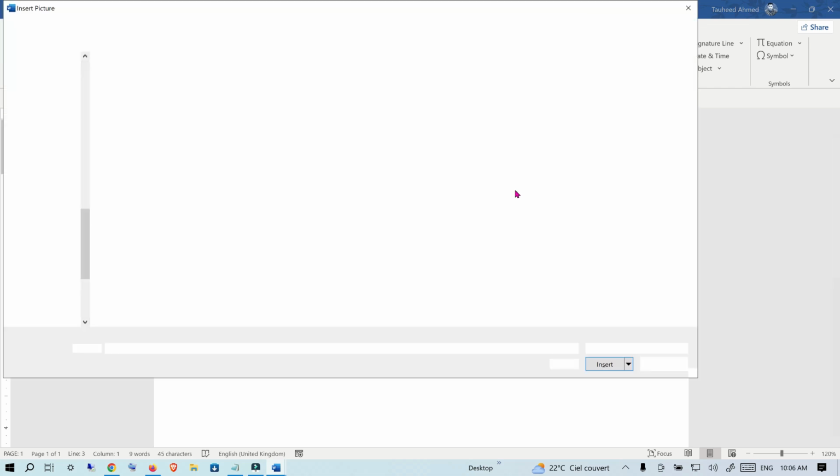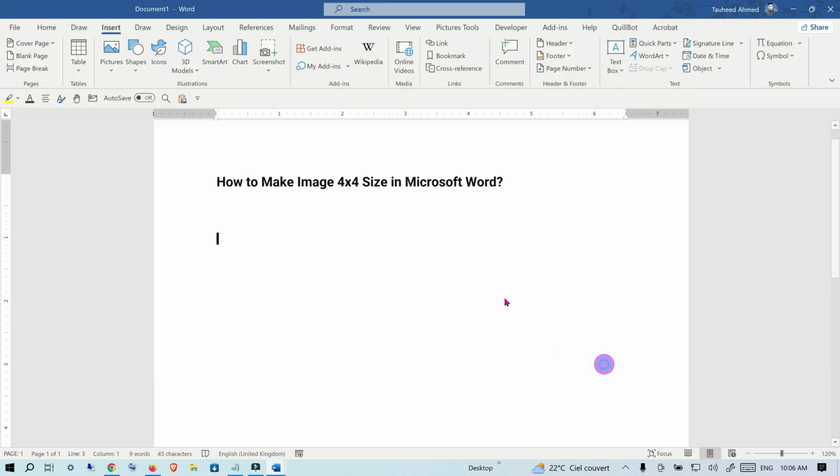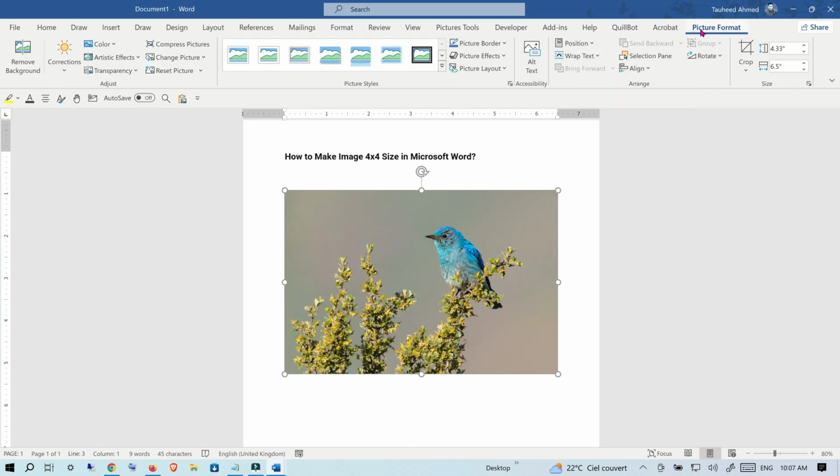Device to select the picture from your computer. I have this picture and click Insert to paste it. Let me zoom out. And now in the Picture Format, click on that, click on the Crop and click on